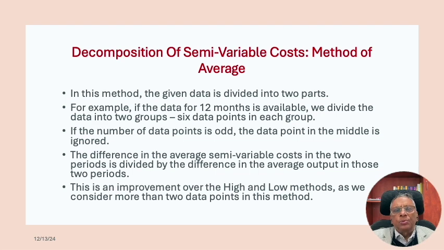We divide it into two halves, 6 months and 6 months, and for every half we calculate, applying the high and low method, the variable cost per unit. Then we get 2 data points of variable cost per unit. We calculate the average, and that average we consider as the variable cost component of the semi-variable cost. This is definitely an improvement over the high and low method, but we cannot say that that brings the highest level of accuracy. There are other methods also,